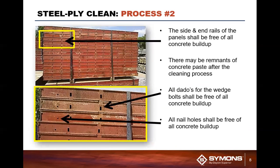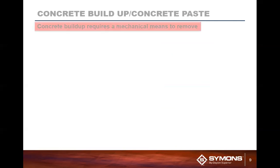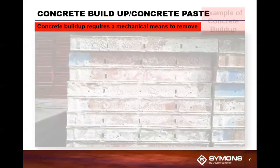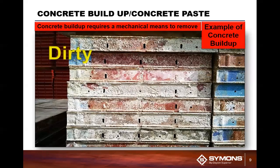When we talk about clean, we're looking at the side rails coming through here, where you want to have all your dado slots and your nail holes clear. And you're going to want to have your side rails relatively clear of any concrete buildup. Allowing concrete to build up on the sides or the ends of the panel realistically creates a huge problem. It's bad when it initially happens, but it's one of those problems that snowballs,